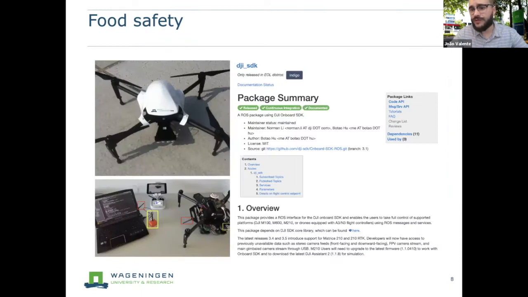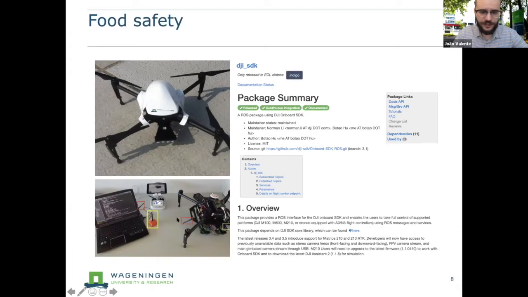How did we use ROS in this? For this application, we have been using the DJI Matrice 100, which is quite handy because it was one of the first drones with ROS support. This is quite important because it was when we could start using the DJI drones autonomously and program our own behaviors.